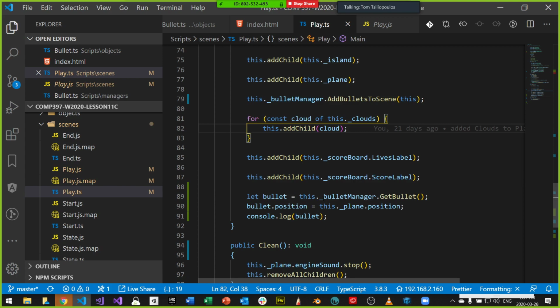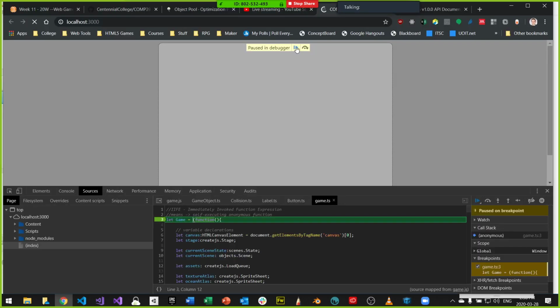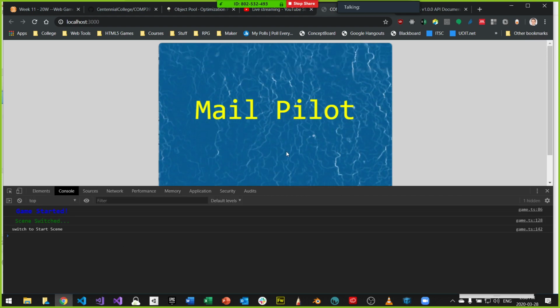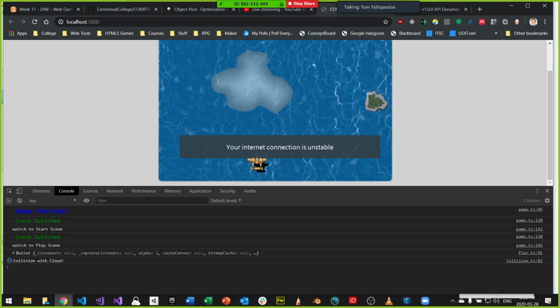Every bullet, right? And after we added all the bullets to the scene, we have a bullet that came back. What is that bullet that we're printing out? We should see it, right? Let's see what happens. Do we actually see this thing come up? So again, going back to this and refreshing, I go to console and start, and I got a bullet. Here's my bullet.